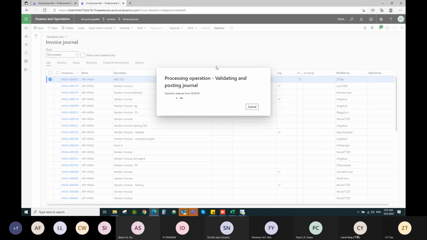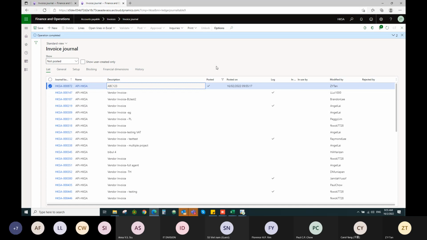Which environment? Like, but you cannot do live now. UAT and CRP, which environment has the